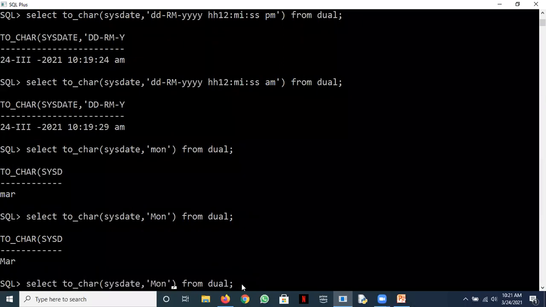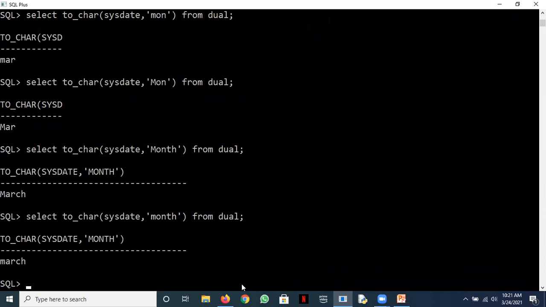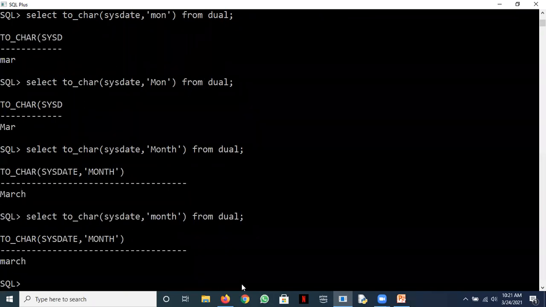Okay. If you go with the full month, you can see this. If you go with this, it will give you this. Okay. Now I'm using the SYSDATE. Let's say I want to check a specific date. I want to see the month, say this date I want to check, 25th December 2020. I want to check details about this.